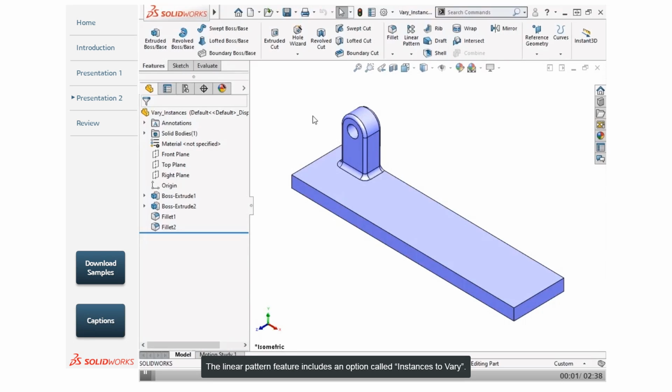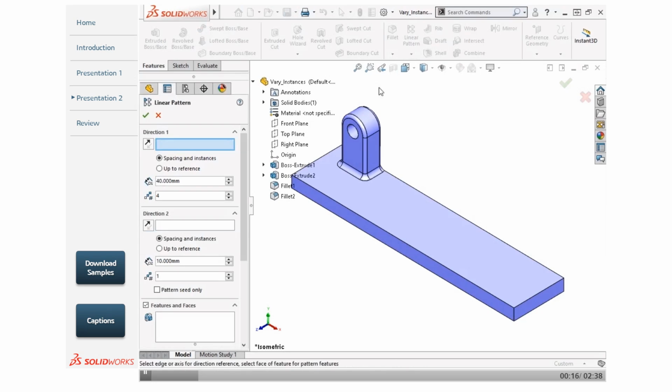The linear pattern feature includes an option called Instances to Vary. When this option is enabled, it allows you to vary the spacing for each instance, as well as vary dimensions of the pattern geometry itself. To demonstrate, I'll launch the Linear Pattern tool. I'll skip down and select the geometry to pattern,